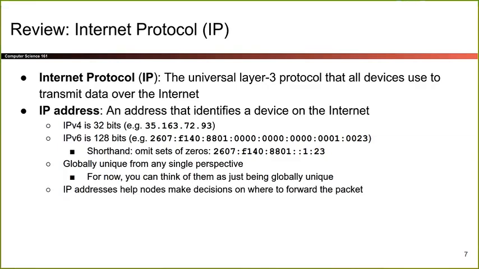IP addresses also have one extra bonus functionality that we haven't quite talked about yet. These numbers look quite meaningless to us now, but they actually have a secret second purpose: they encode a bit of information about where this IP address is. So if you look at these numbers as a computer, they tell you a little bit about where this computer is. Like what continent is it on? If I want to find this computer, should I go east? Should I go west? Should I go north? Should I go south? Looking at these numbers can help routers make decisions for where the packet should go next. So that's a kind of bonus feature in an IP address.